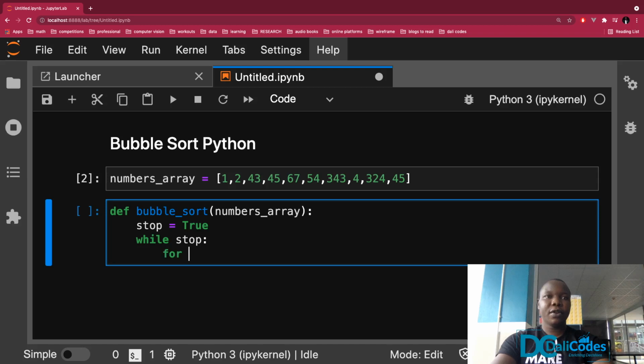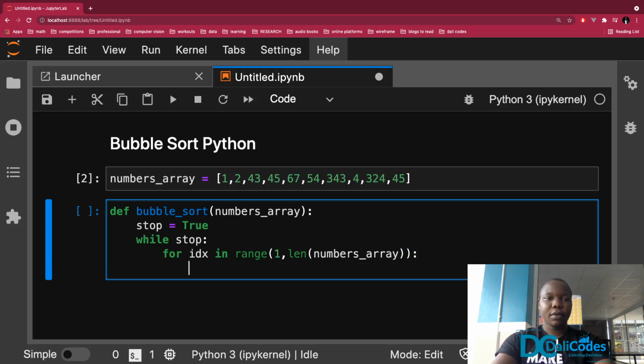So for an index in range 1 to the length of numbers array, what am I going to do? I'm going to say if the value in the previous index, that is index minus 1, is greater than the value in the current index that you are in,